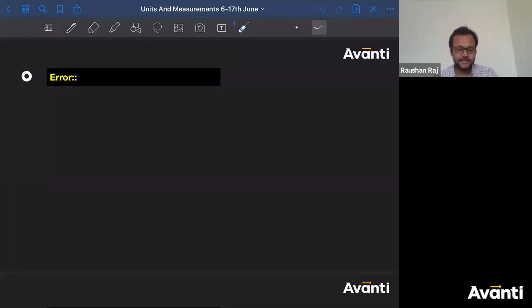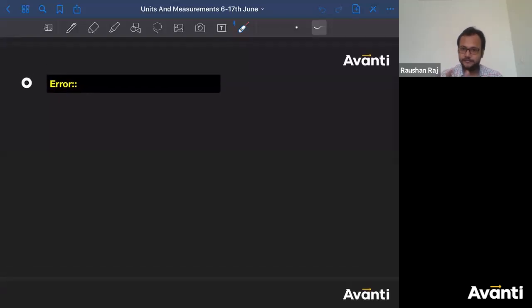See, it's a simple thing. Error is nothing but the difference of measured value and true value. Let us say you are having a 10 centimeter rod, and you measure it with a meter scale or any measurement scale, and the length that you get is not 10 centimeter, it is less than 10 or greater than 10. So can I say that the error will be the difference in the measured value and true value? Yes, those answers are correct. So how can I define error?